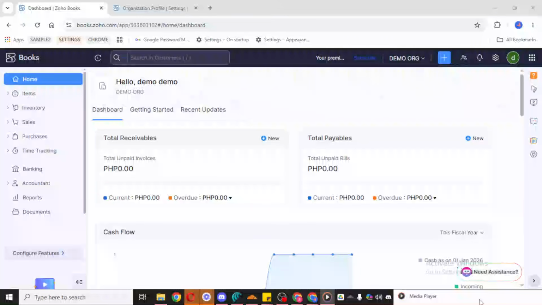In today's video, I'm going to teach you how to add a vendor in Zoho Books. If you need to keep your purchase records organized and make it easier to track bills, payments, and supplier information, adding a vendor correctly is an important first step. The good news is that Zoho Books makes this process simple. And in this walkthrough, I'll guide you through it clearly so you can follow along without any confusion.